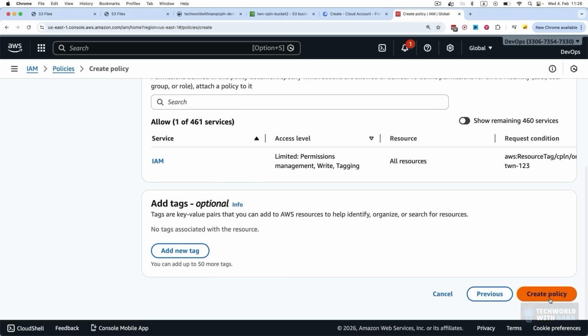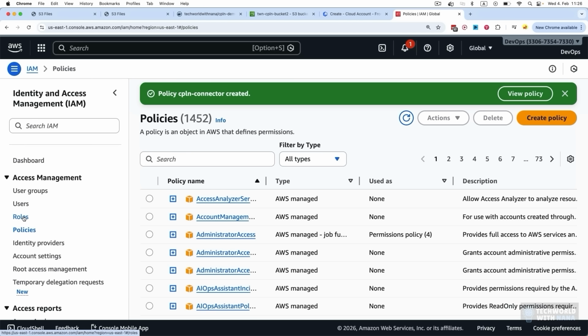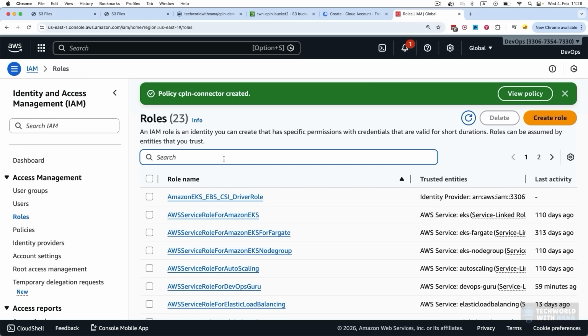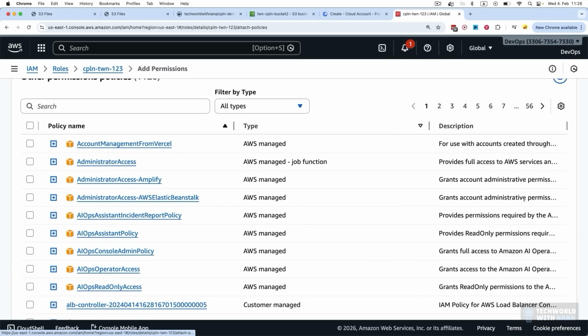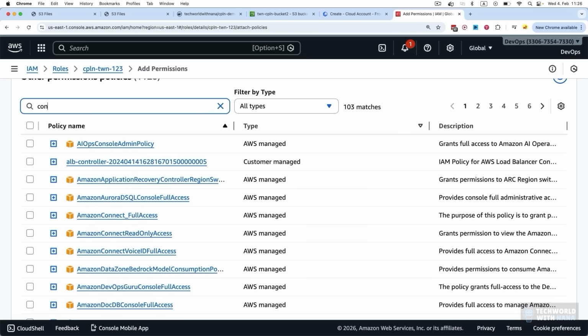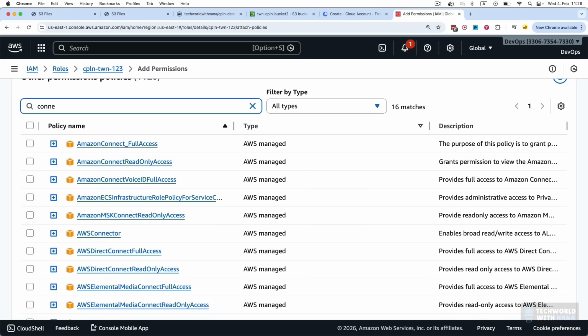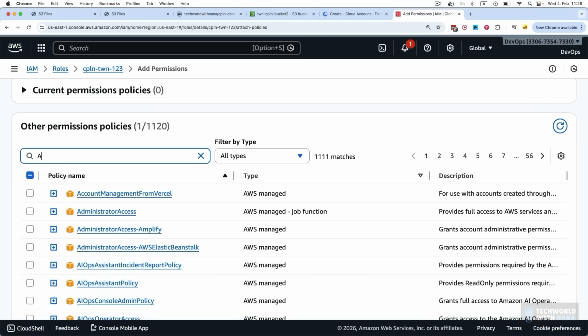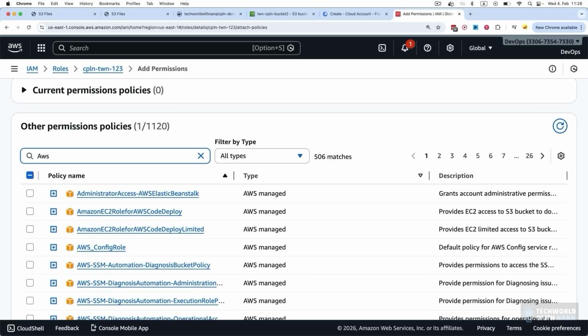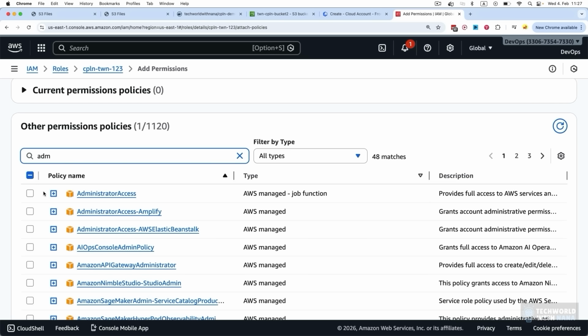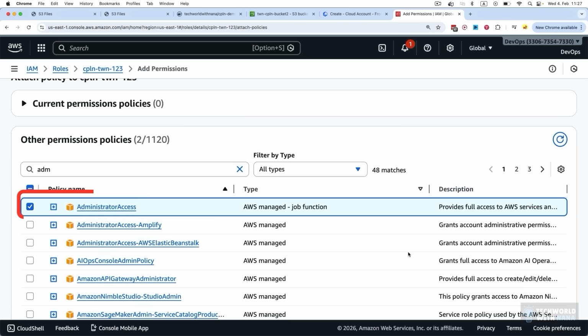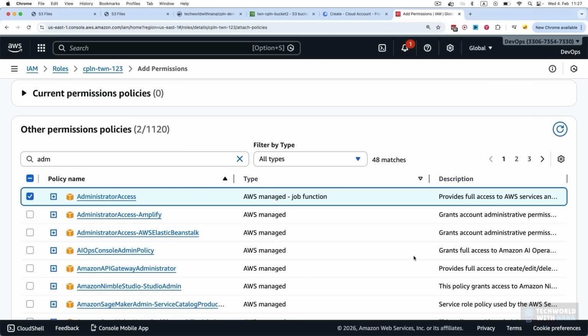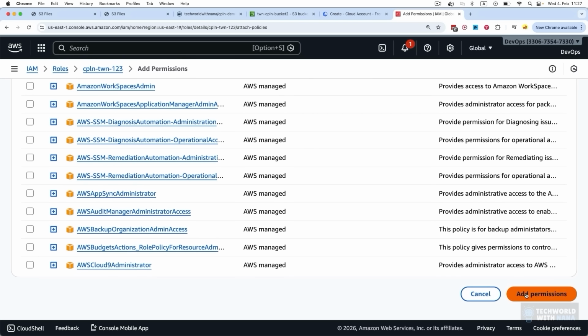The policy name, and let's create the policy. There you go. So now we're gonna take our role and attach the policy that we just created to it. And I'm actually also gonna give admin access. Obviously, you should only give it access to whatever it needs to do in your AWS account, especially if it's a third party.